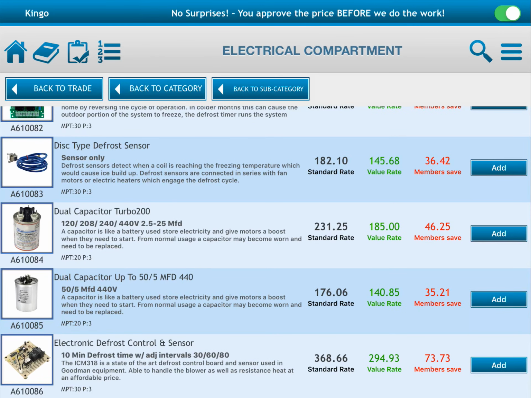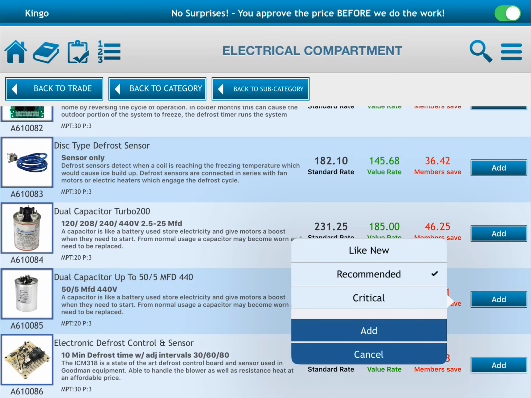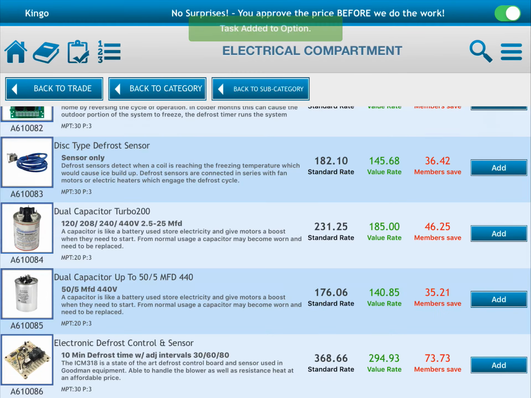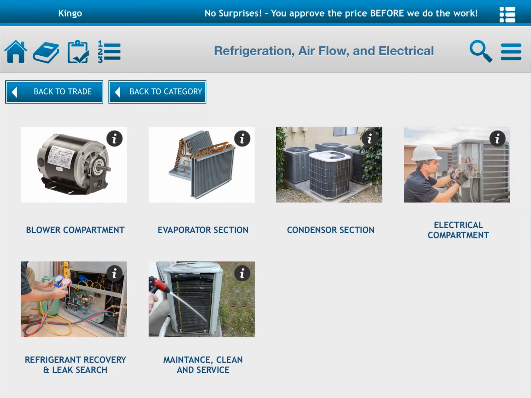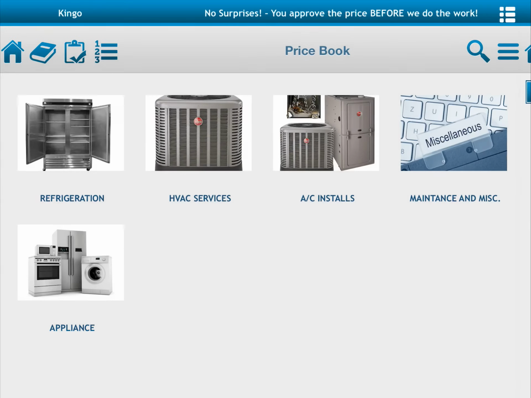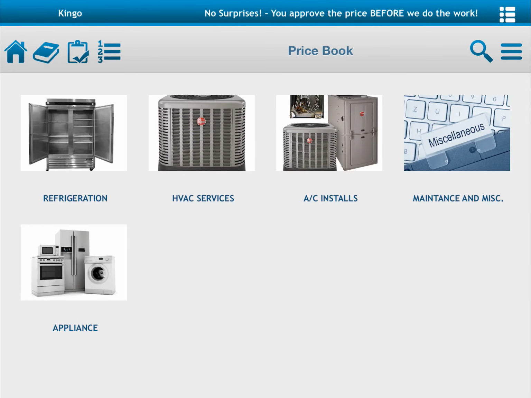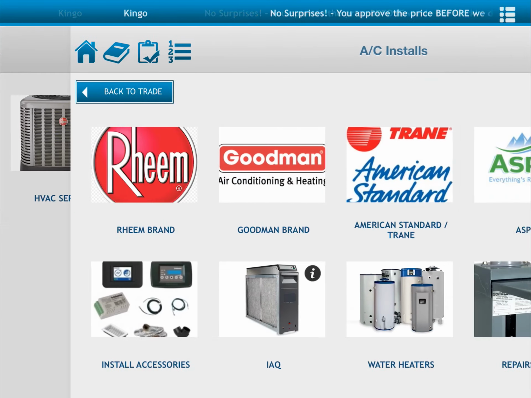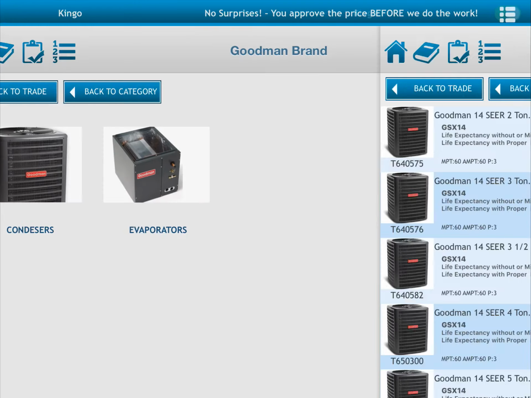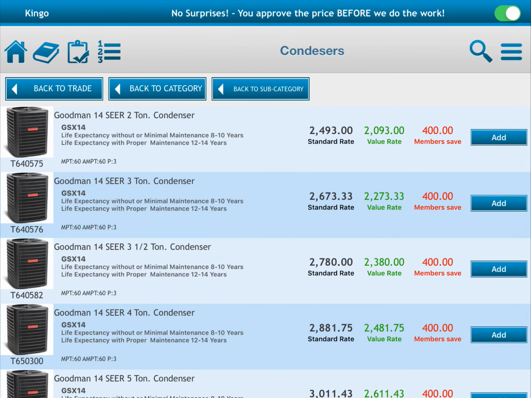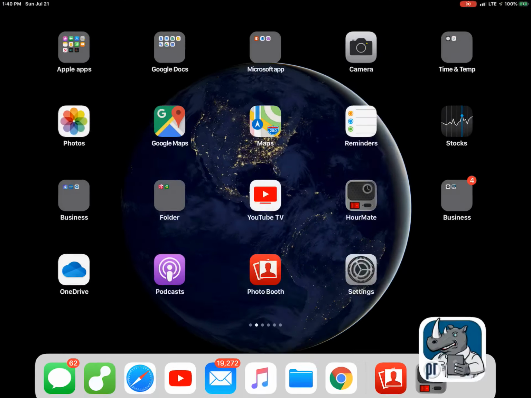55 microfarads, up to 55. So go ahead and add to option board, recommended. So now we got 3 items in the option board on the recommended, and then we're gonna go ahead and put, let's put a condenser here. Install, put a Goodman, depending on what size he wants, but let's check the customer that we had